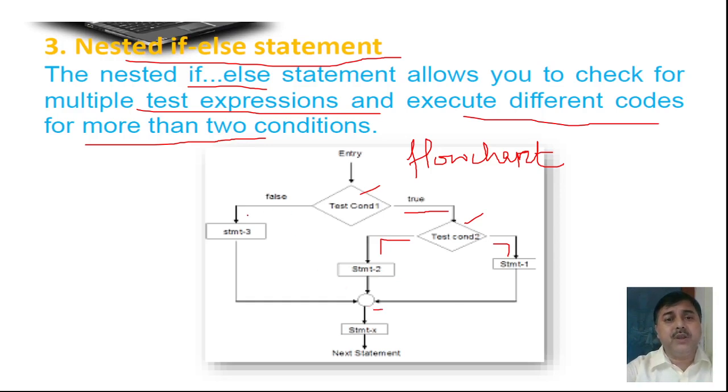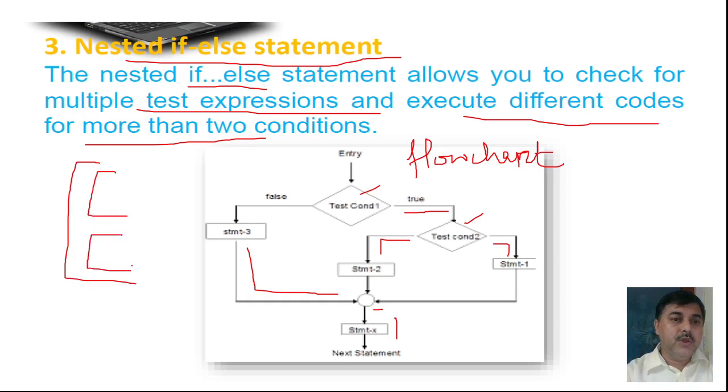And from the false part, the stream that comes will also come to the end position, and from there it will come to the final output position, and then it will go to the next statement. So here we can find that suppose this is one block. Under this block there are two blocks. Under these two blocks there are again two more blocks. Under each block you are creating more blocks. So this is the nested if.